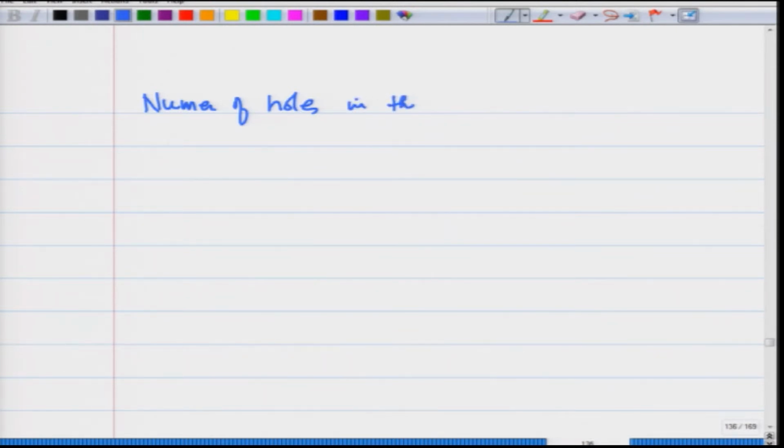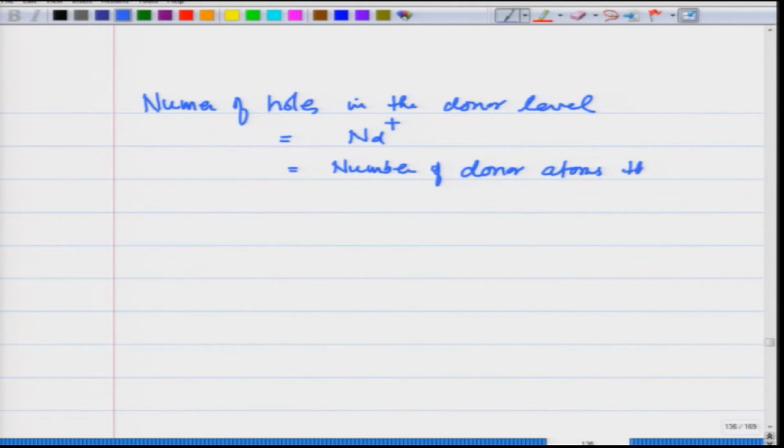Now, let us see the number of holes in the donor level is going to be equal to N_D+. By N_D+, I mean the number of donor atoms that are ionized. So, to calculate